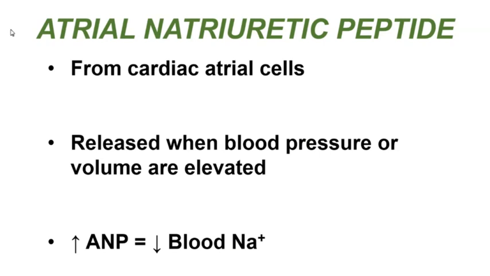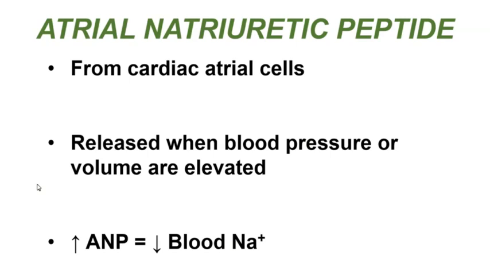And it is released when blood pressure or blood volume are elevated, because atrial natriuretic peptide influences sodium reabsorption, but in the opposite way that aldosterone does. When we have an increase in the release of atrial natriuretic peptide, we get a drop in blood sodium. That is, more atrial natriuretic peptide helps to essentially keep sodium in the filtrate,